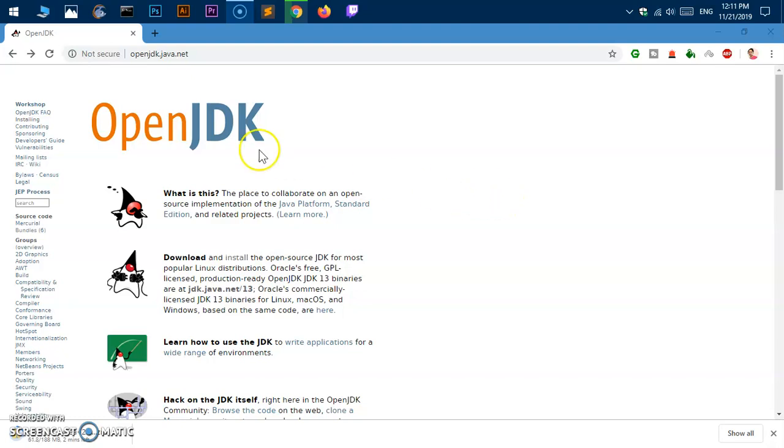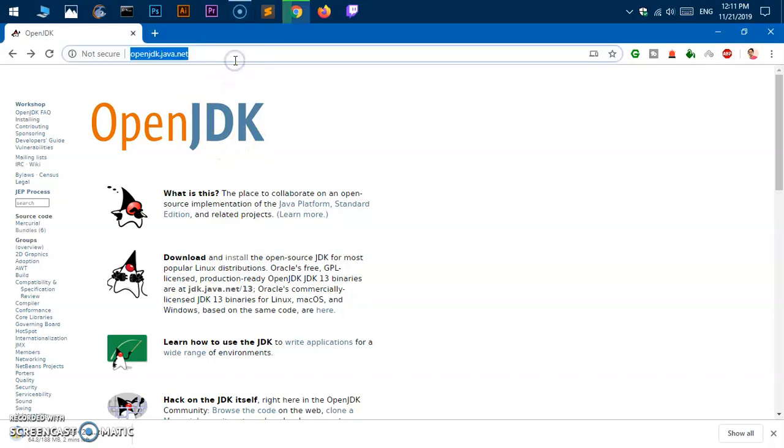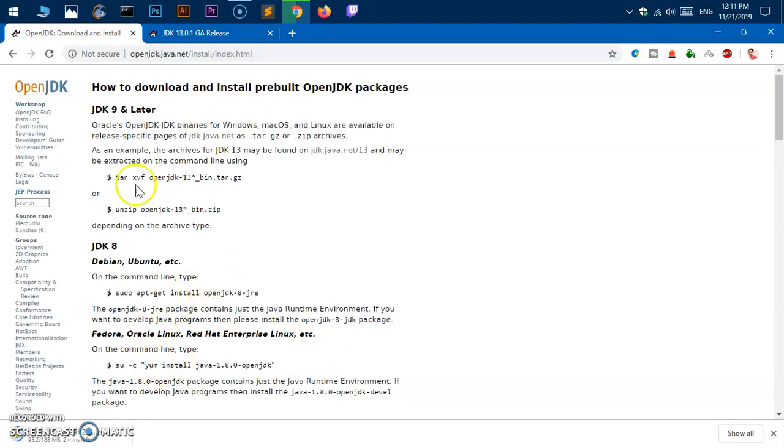So this is where you get all the information about OpenJDK, okay, but the downloads are not available at this subdomain here. So to get to this download page, you've got a few options. Here is the download section. You can get to this page. If you are an advanced user, you can click on the install link here, and this will give you a bit of information if you want to download and install OpenJDK on